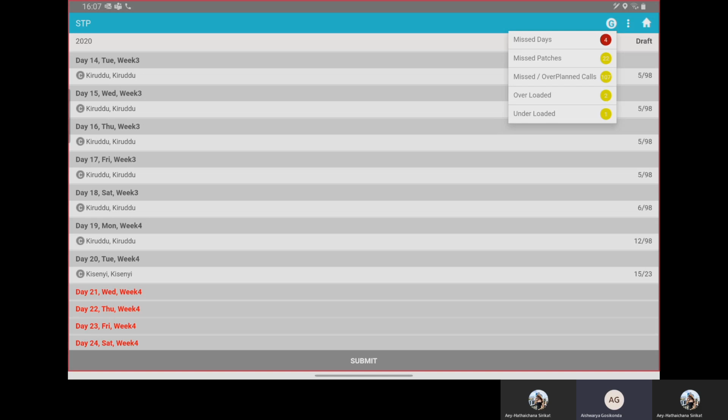Missed patches means, for example, if you have not planned any patches. I think now Miss A has covered all the patches, all the towns in the customer list. So that is why it is showing in yellow color. Yellow color means everything is okay. You have planned your STP as per the golden rules and you can submit it. If you miss any one of the patches, then it will also come as red in color. And the number inside this patch tells us how many patches you have planned at present.